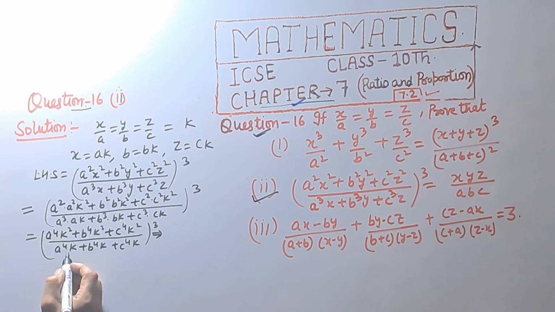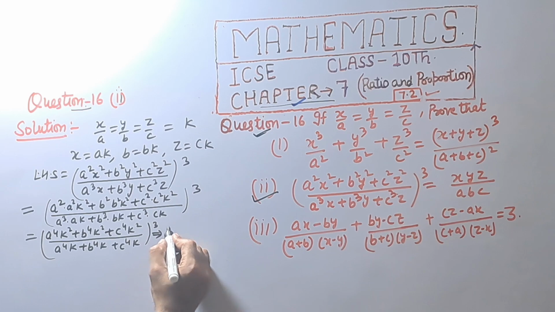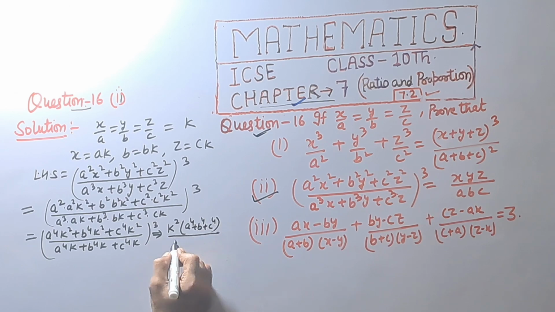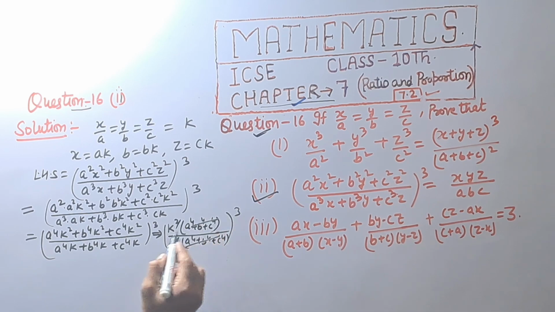k square is common, and (a raised to 4 plus b raised to 4 plus c raised to 4) divided by k is common, (a raised to 4 plus b raised to 4 plus c raised to 4) all raised to power 3. 1 power k is cancelled and this is cancelled, so we get left hand side is k raised to power 3,